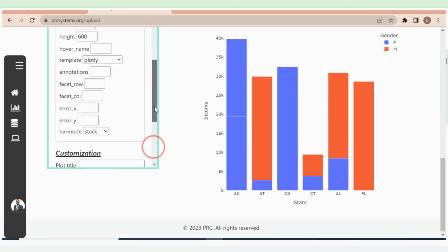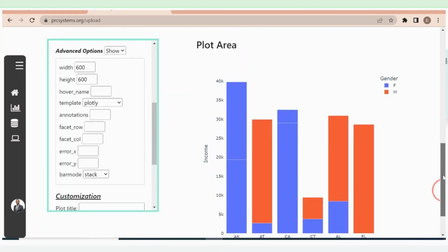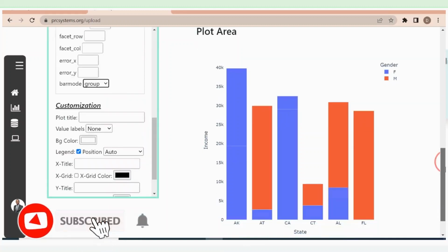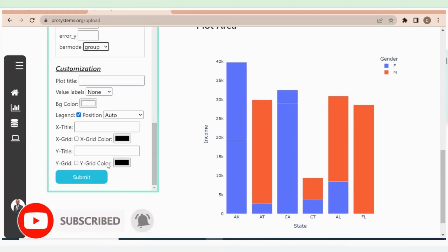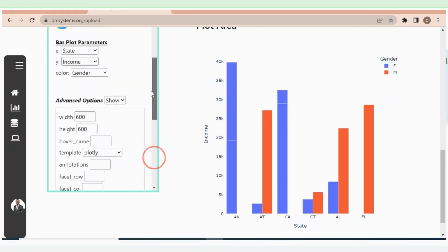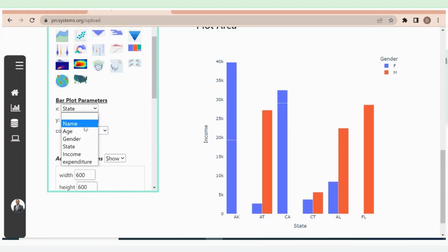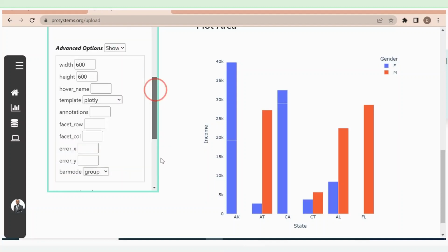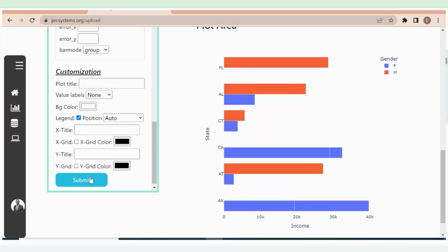Okay, now you can see what I have there. You can see the height there, and now you can see that the bar mode is stacked. You can change it to grouped, right? If you change it to group for each of the states, it's going to give you male and female, and if you submit that, it's going to change it to group, and you see it in there that way. If you want this to be changed to a bar chart itself instead of the column plot, I'm just going to do the same thing we did, swapping the x and y variables, and you have that in there